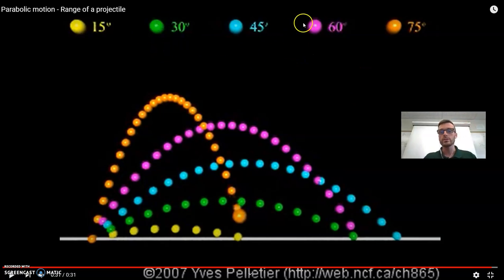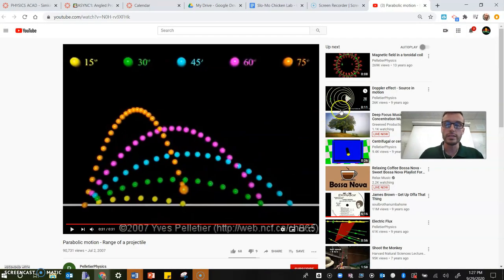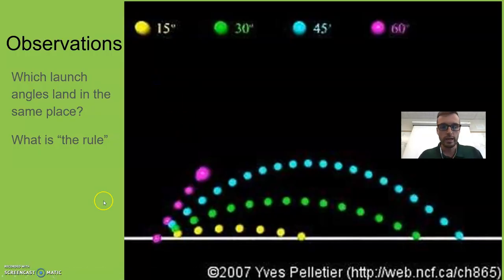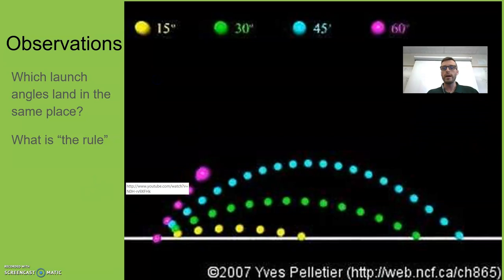If two angles add up to 90 degrees, then those two shots are going to land in the same place. Look, 15 plus 75, they add up to 90. They land in the same place. So a couple of cool rules there. If the launch velocities are all equal, then that angle rule will pop out. 45 will be the longest distance, and those two angles that add up to 90 will land in the same